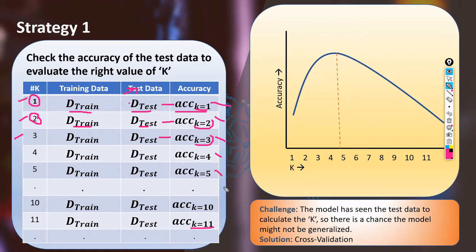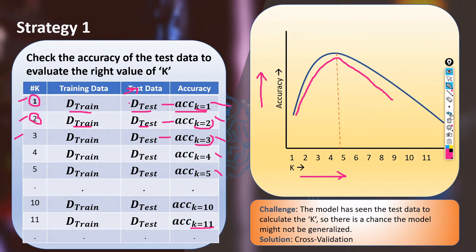So for each value of k we are getting different test accuracies. Now if we plot it, our x dimension is the number of k and the y dimension is accuracy, in percentage or maybe as a fraction. Like if 0.8 is the accuracy, we could convert it by multiplying by 100 to 80% accuracy. Anything is fine. Then if we plot it, we will typically get this kind of curve: the accuracy will increase as k starts to increase, and after some threshold point it will decrease if you increase k even more. I'm not saying it will always be the same, but this is a typical nature of the graph.